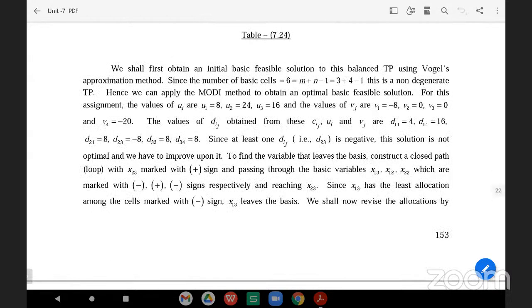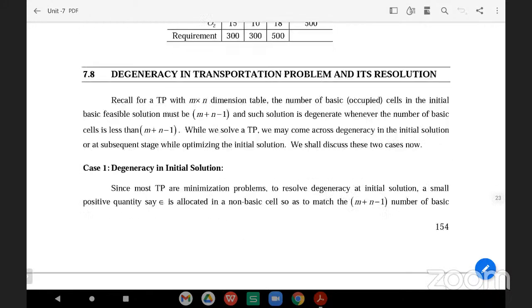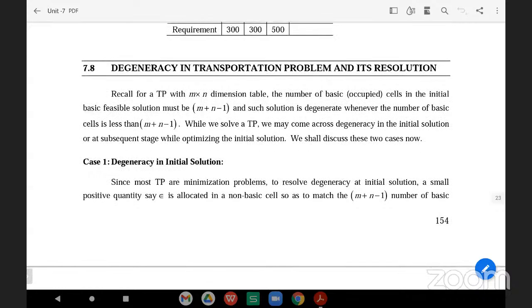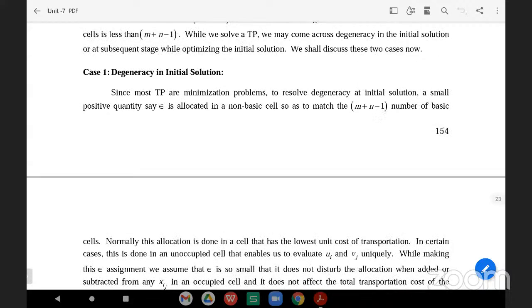Next, there are special cases such as degeneracy. These are the special cases: degeneracy in the transportation problem. At the time of degeneracy, it is the initial basic feasible solution allocations. Here we will make into the